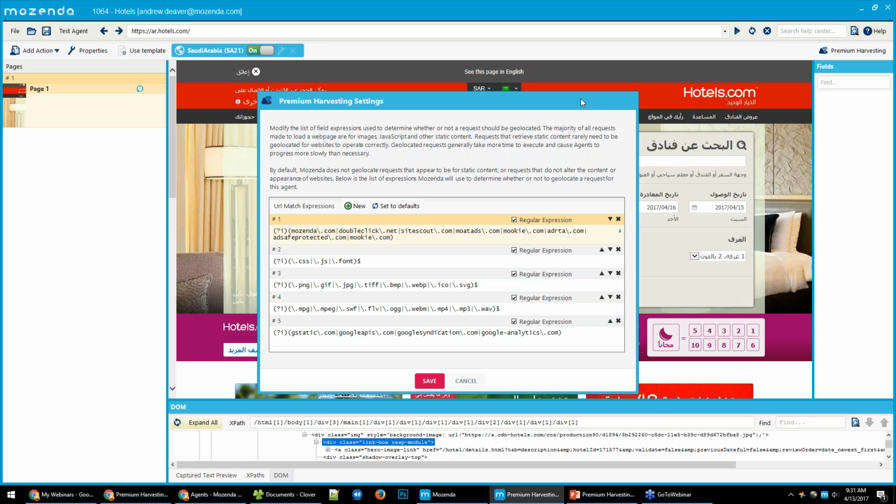You generally won't have to do this, but for those users that are power users or are trying to fine-tune their agents to be as efficient as possible, these are a set of regular expressions that will help Mozenda to understand which requests that a particular website is making need to actually go through this certain geolocation versus those that do not. And the benefit to that is that those that do not need to be routed, if you've set your geolocation to be in Saudi Arabia, but you're actually in the United States or in Europe, then those requests